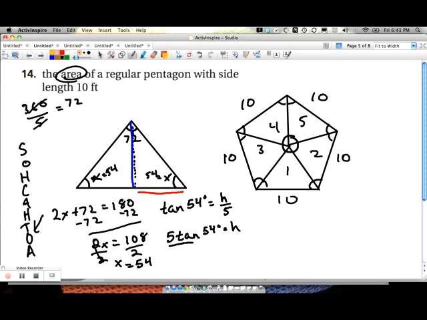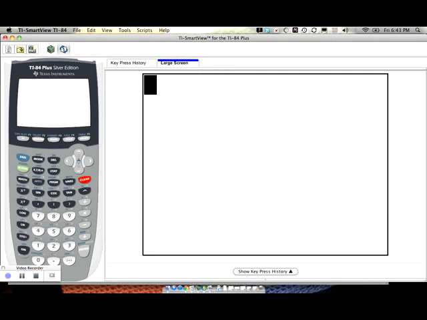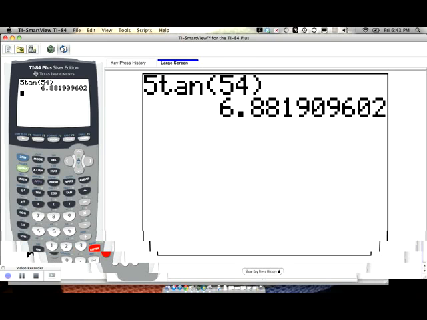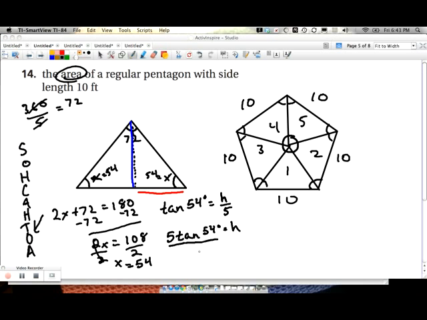Alright, coming back here, we were looking at this calculation here, 5 tangent, 54 degrees. So we're going to use a calculator. I have my calculator here on the other screen. And I'm just going to multiply this. We got 5 times tangent of 54. Let's see what that equals. It equals 6.88. I'm going to round it off to that second decimal place there. So 6.88. So my height is